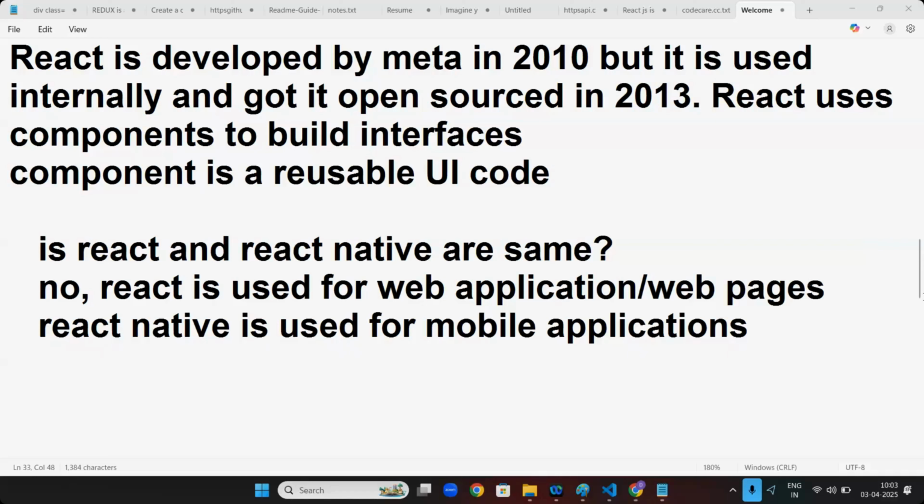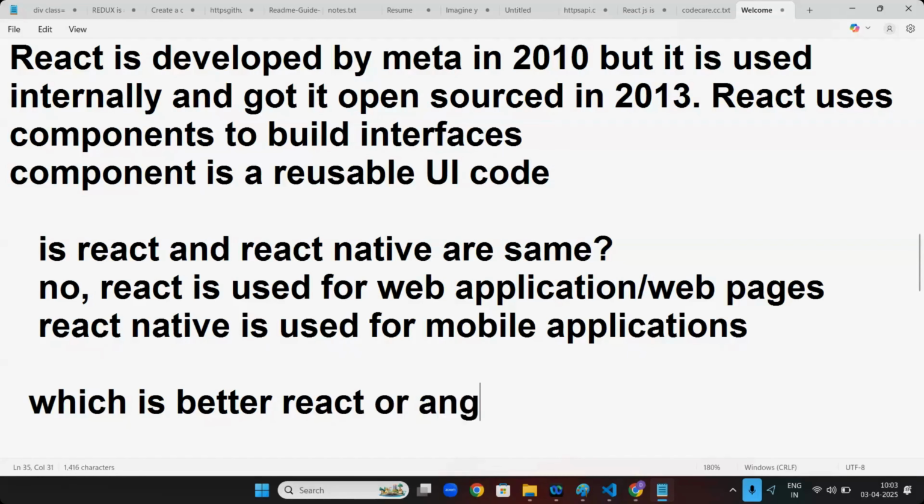Now, another question I mostly get: which is better, React or Angular? The difference.